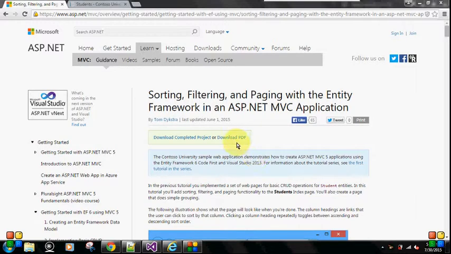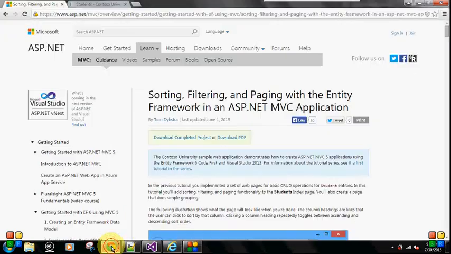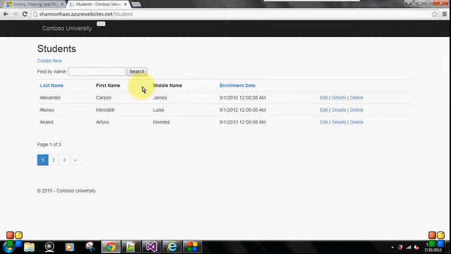This video is over tutorial 3, which implements the sorting, filtering, and paging capabilities into your web app. So after you complete tutorials 1 and 2, you'll have something that looks similar to this, which is the student page, which doesn't really have anything helpful or useful other than the edit, details, and delete links and the create new. But after we complete this tutorial, we'll have something that looks more similar to